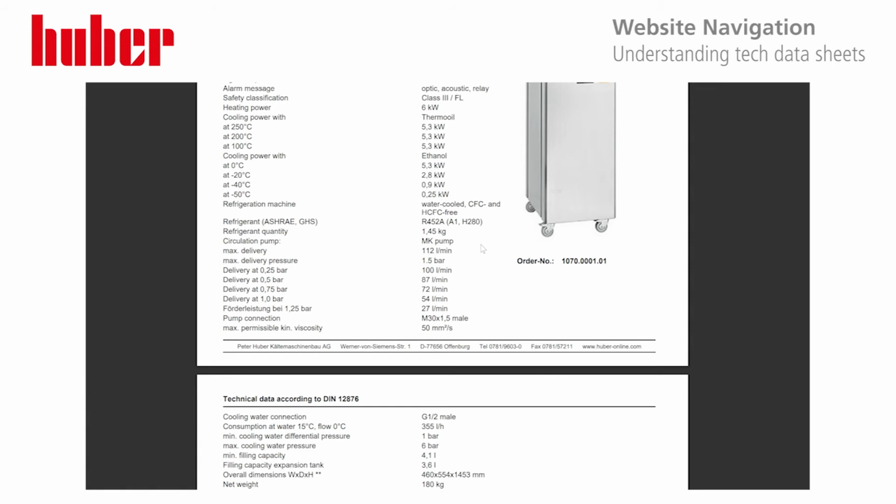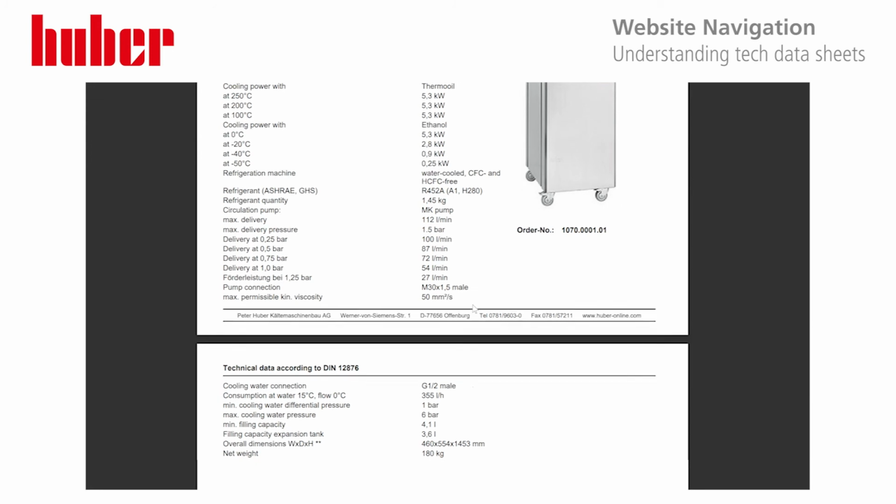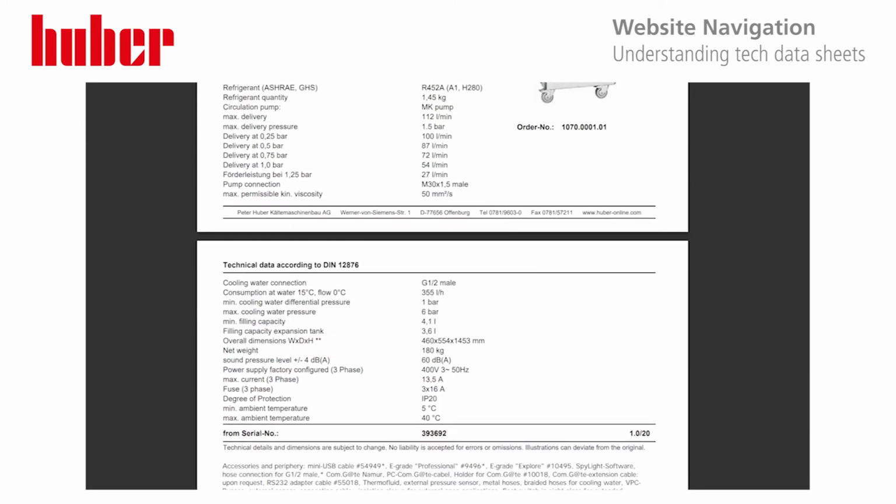The style of pump. Now we have a max delivery and max delivery pressure. So for this information, the maximum flow rate on this unit is 112 litres a minute. However, that is not at 1.5 bar. The 1.5 bar is a deadhead pressure. We can then see below this the delivery at the different pressures. We have our pump connections,